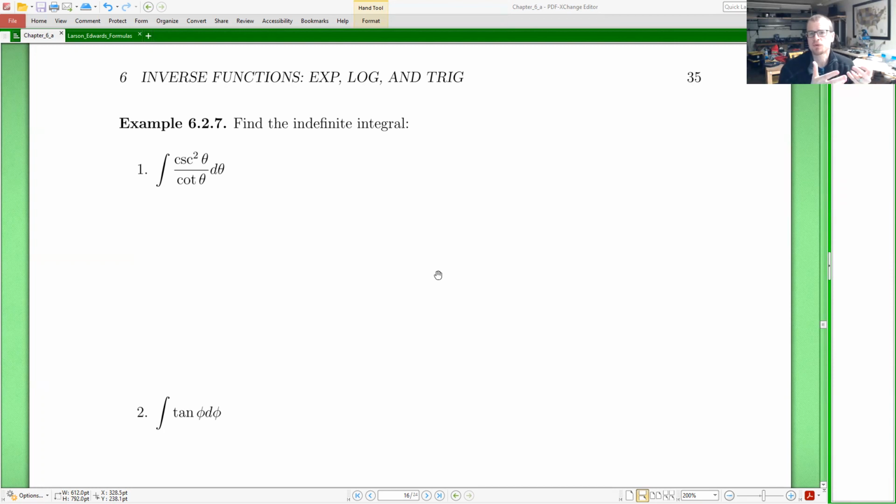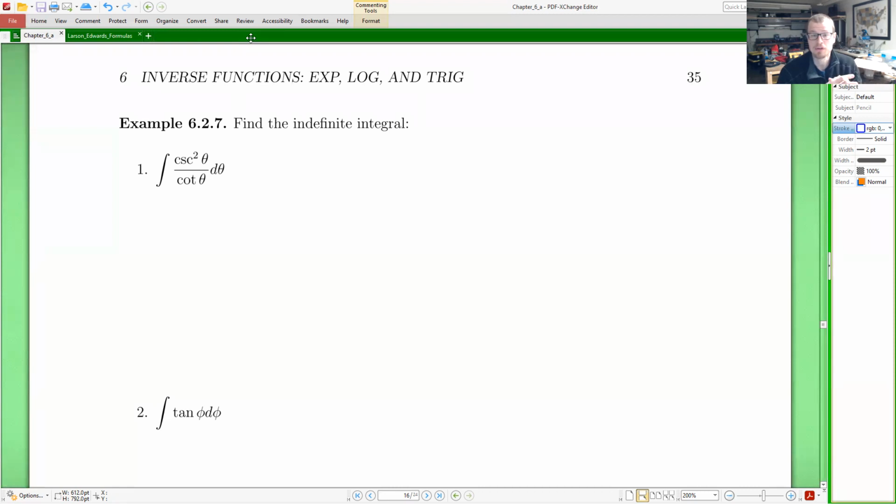What we're going to do is use a couple substitutions to help us. The first of these two examples, I was going to say first two, but they're the only two, are very similar to one another, but the first one is leading into the second one. So we will take a look at these in a moment. If I want to find the integral of cosecant squared theta over cotangent theta d theta, a lot of times it's helpful